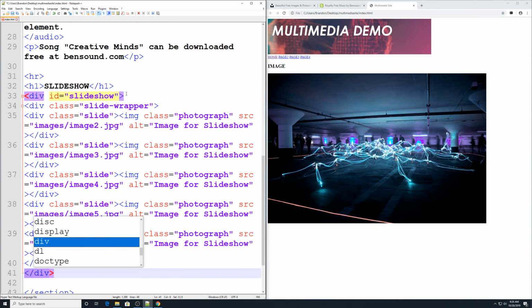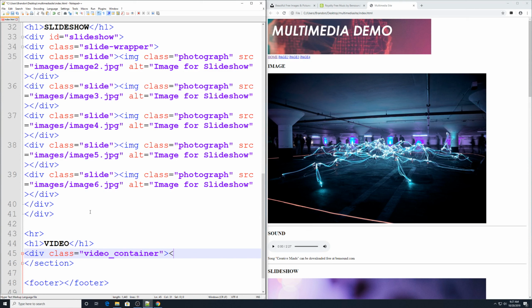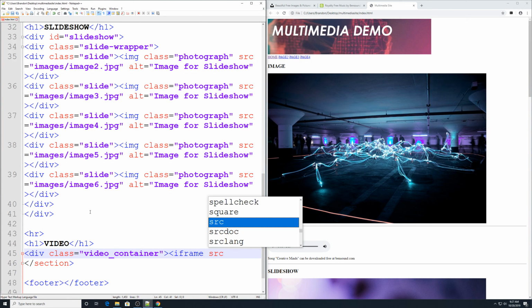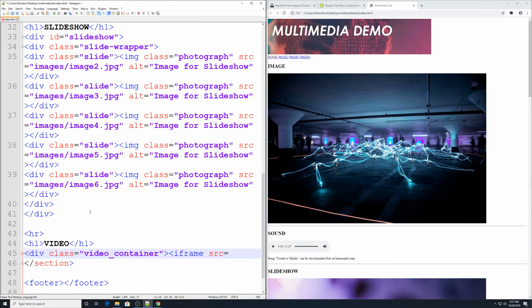In my brackets here, I'm going to go div class equals quotation marks video_container. And after that, I'm going to put in another bracket, iframe space src equals quotation marks,